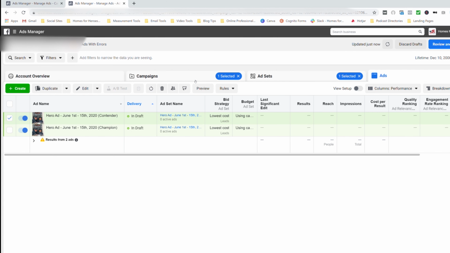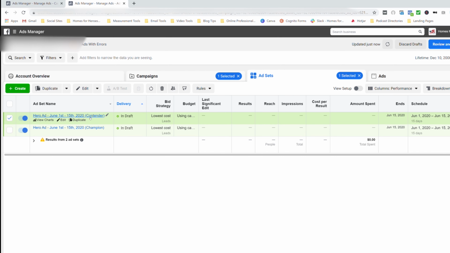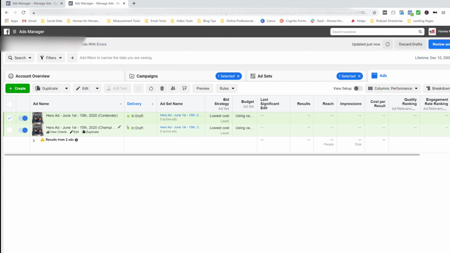So now I can close this out, and now this campaign that I set up has two ad sets. One is a champion, which has been the successful ad campaign, and this one is the contender, which I'm going to change a variable on and run up against the winning ad campaign. Now, I also have two different ads. One is a contender and one is a champion, similar with the ad sets. This is a successful one,